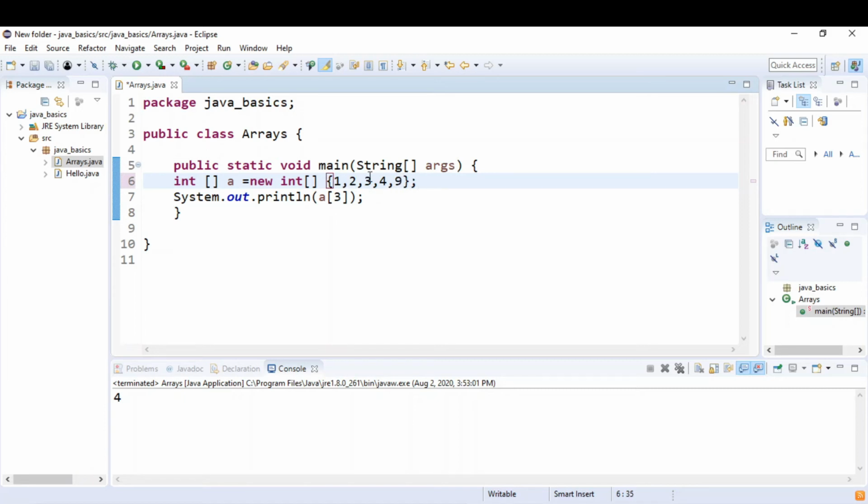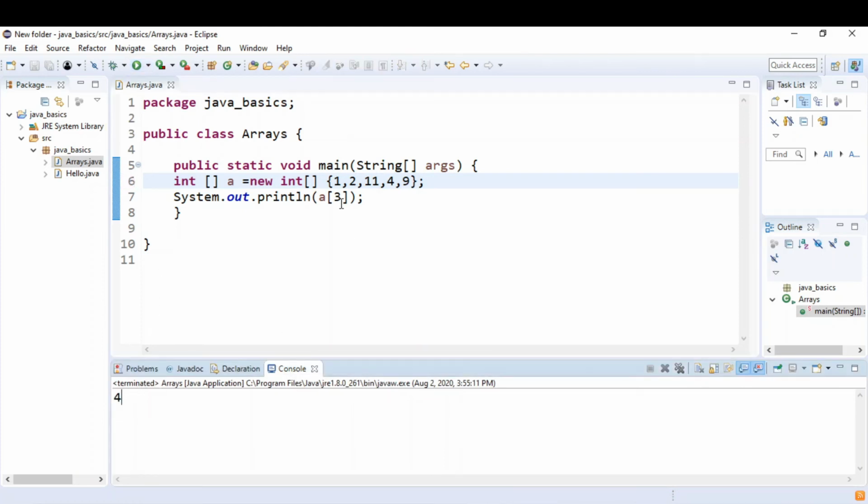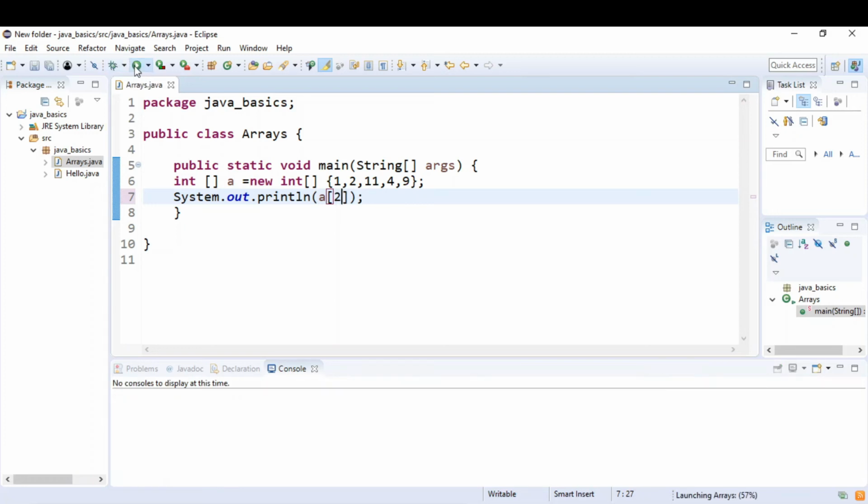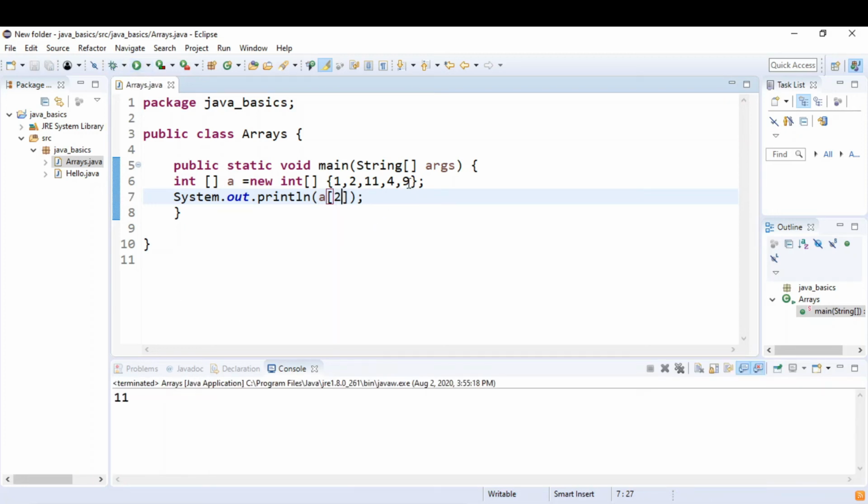I can write here 9, 11, right? So it assigns the size of the array to 5, and now as I print a of 3, 4 would be printed on the screen. See, and if I try to print a of 2, that is 11, the 11 will be printed on the screen. So here we can initialize with declaration.